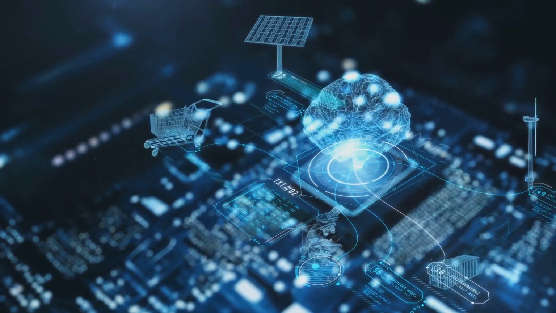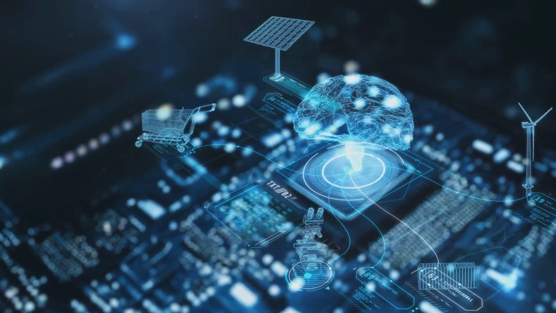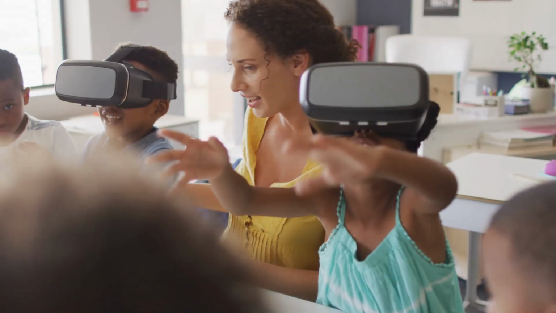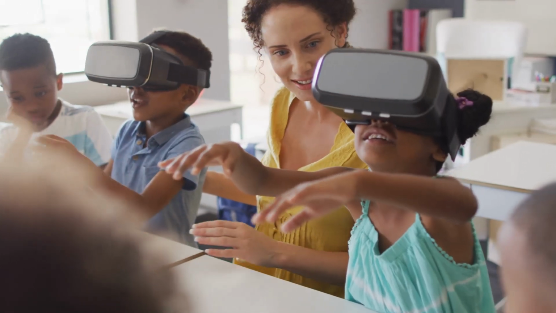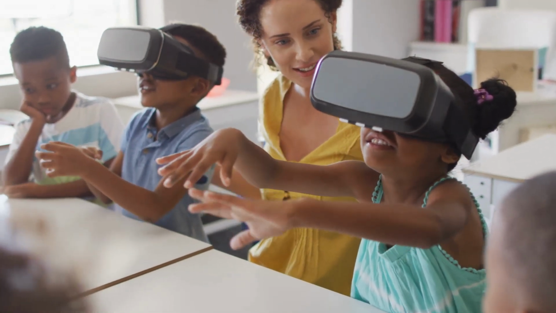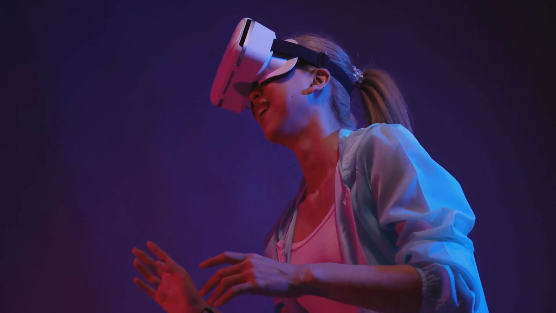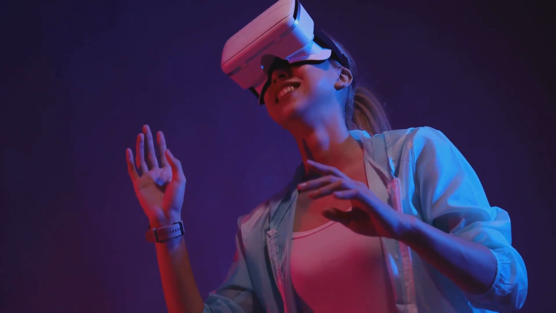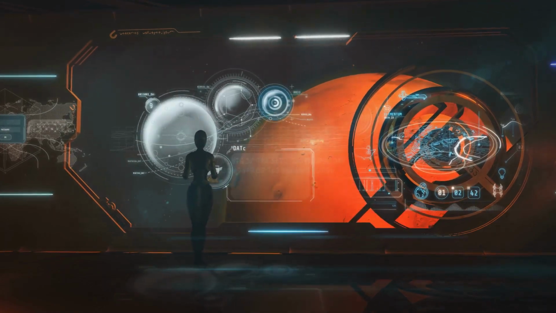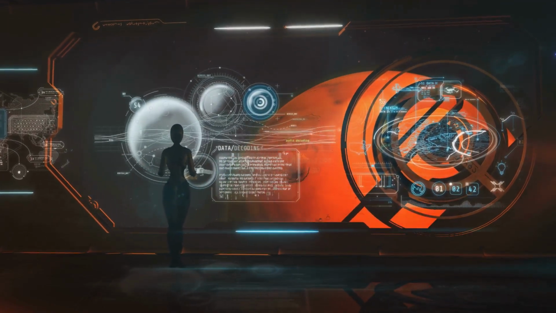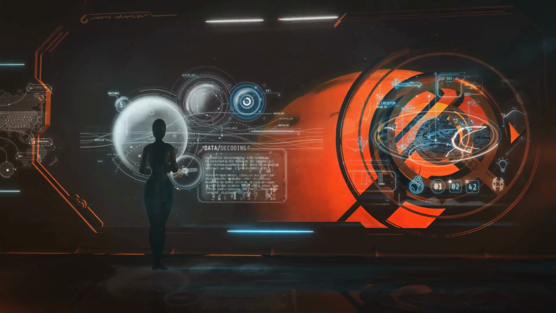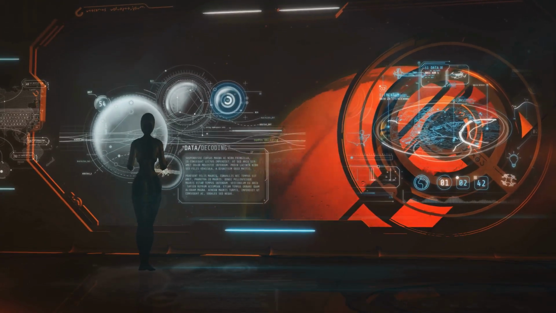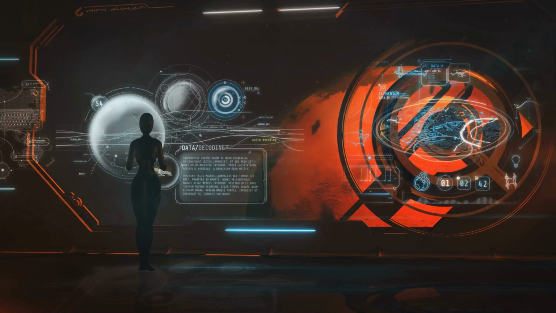Imagine interactive stories where characters react to your emotions, creating a deeply immersive and engaging experience. Educational simulations that adapt to your learning style, providing personalized and effective learning experiences, and virtual worlds that respond dynamically to your every action, making each interaction unique and tailored to you. The future of animation is bright, and it's a future where technology empowers us to tell stories, create art, and experience the world around us in entirely new and exciting ways. This technological evolution will open doors to creative possibilities we have yet to imagine.